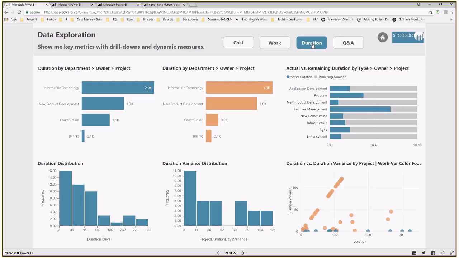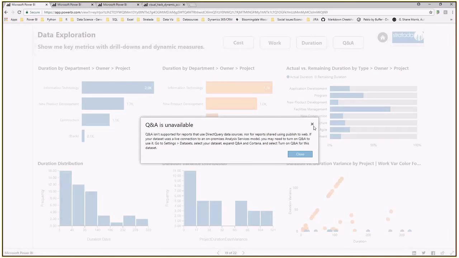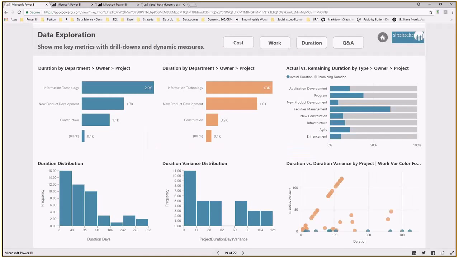Again, this is utilizing buttons and bookmarks, and it really does create this kind of web app-like look and feel to your reports, where you just click a button and something happens. There's action, something changes, something moves. And then over here, if we click on this Q&A button,